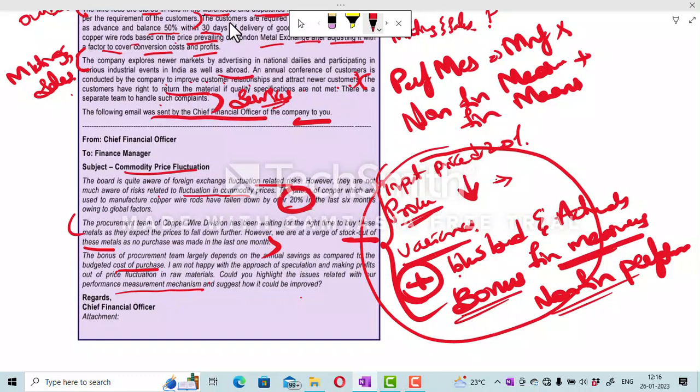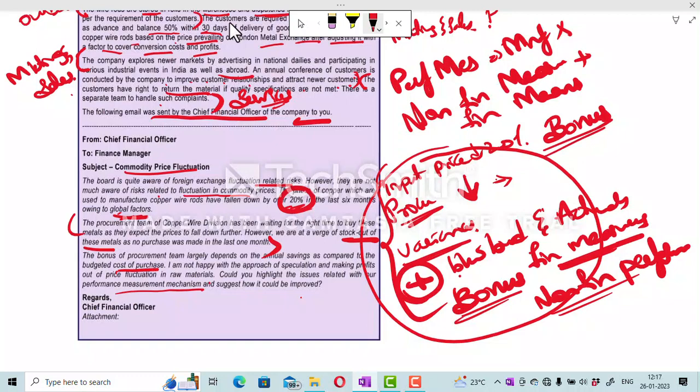And also employees should be given bonus only for the hard work they made, not for any decrease due to global factors. See here, due to global factors the rate has come down, not because the procurement team got discounts. So they should not be given bonus for factors which are not because of their hard work. Okay, all this story you need to write, and at the end you need to suggest that